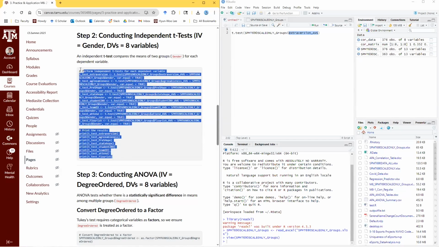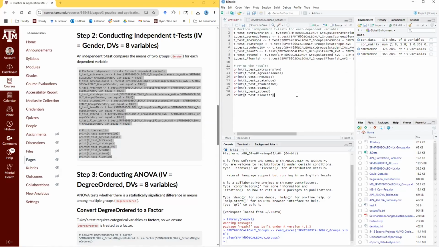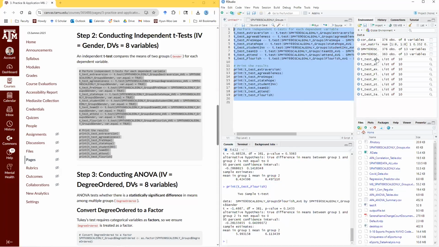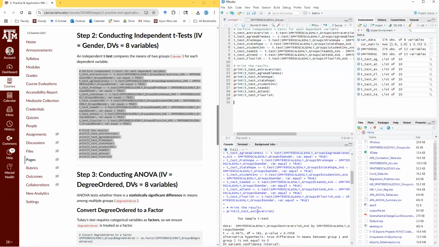So it's very important to understand all the commands because without understanding it, you won't be able to apply it in other contexts, right? So let's copy and paste the commands and run it. So now we have the names of what we designated, which assign t-tests to all the names, and it will give us 8 results because we asked to print 8 t-tests, right? So if we look at each,